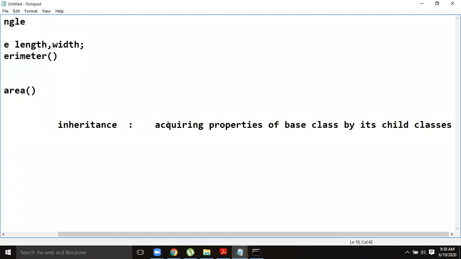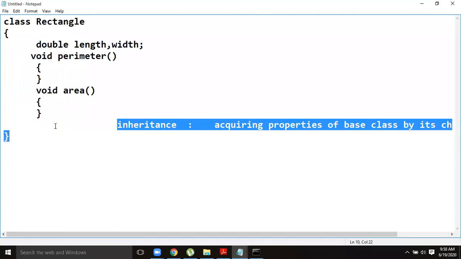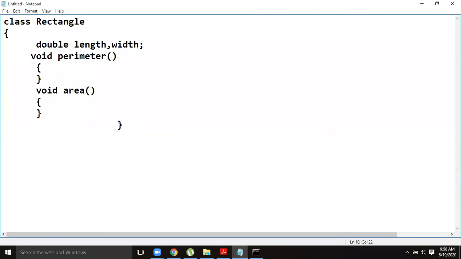Inheritance is a process of acquiring or reusing the properties which are defined by the parent class, by its child classes, without redefining them. Most important, if one needs to learn object-oriented programming, all these concepts should be learned very clearly. So the next thing is